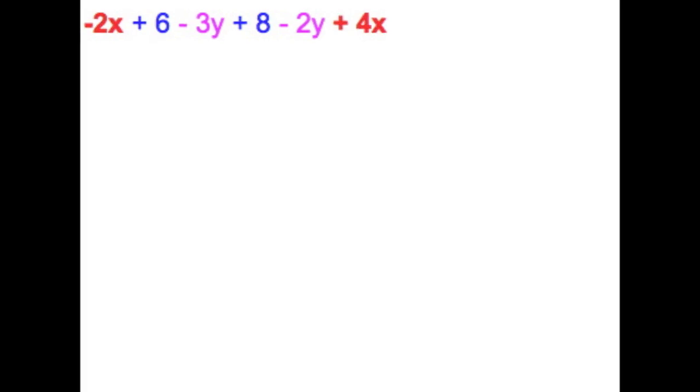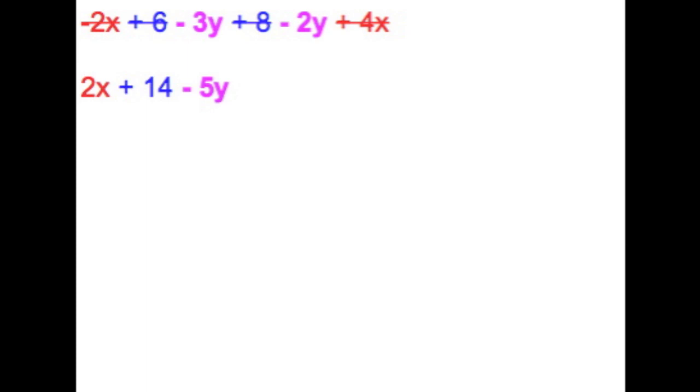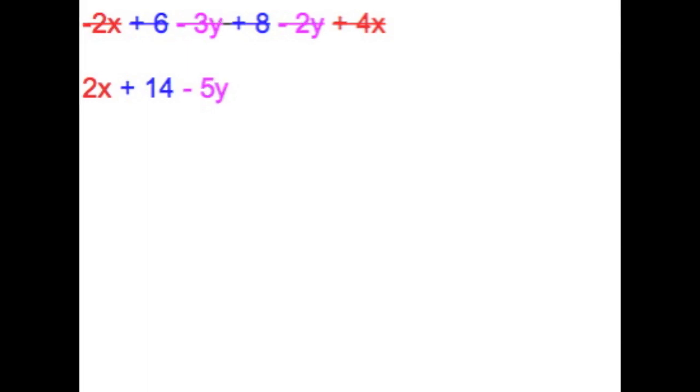Let's go ahead and combine negative 2x and positive 4x. This gets us 2x. Let's combine positive 6 and positive 8. This gets us positive 14. And let's combine negative 3y and negative 2y. This gets us negative 5y. Now that we have accounted for all of our terms and combined all our like terms, we have our final simplified algebraic expression. So this algebraic expression simplifies to 2x plus 14 minus 5y after we combine all the like